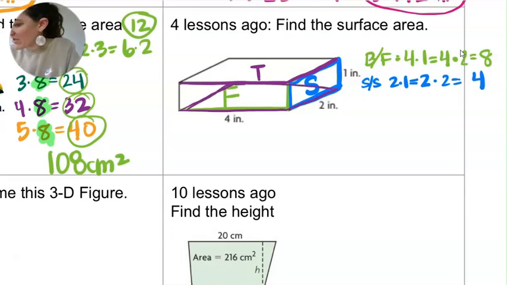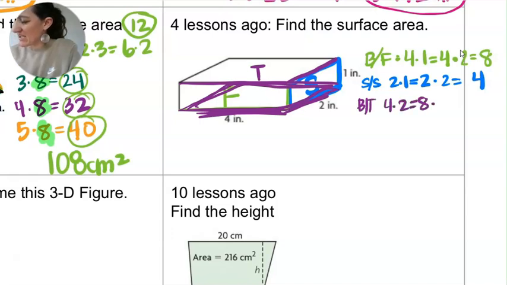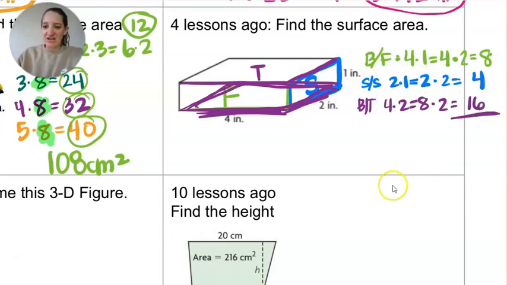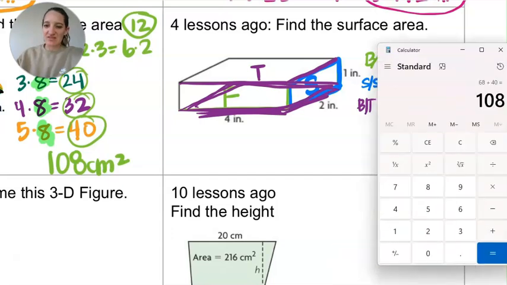There's our bottom right there. Okay, so if we look at that bottom piece right there, we can see that it's 4 and 2. So the bottom and the top are 4 times 2, which is 8. There's a top and a bottom, so I'm going to times it by 2 and get 16. And when I add up those 3 sides that are doubled, I get 8 and 4 and 16. I get 28